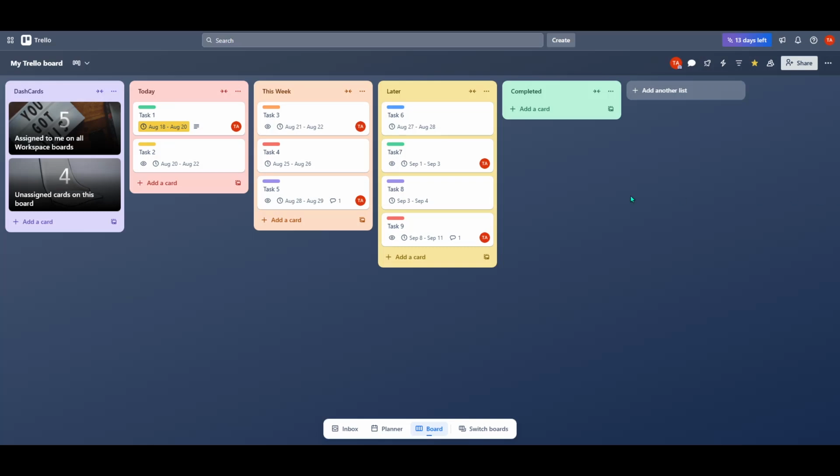In today's video, I'm going to teach you how to import a JSON file to Trello. So let's dive right in and get started. First, take a look at the top right corner of your Trello board, and you'll notice a little rocket ship